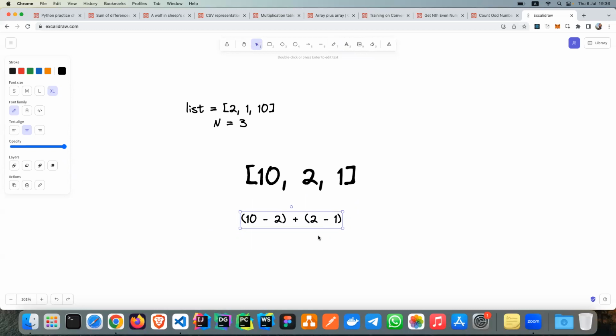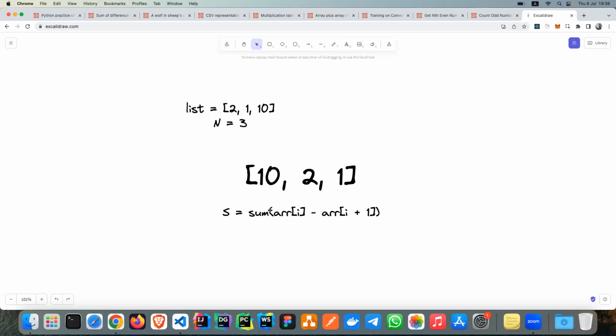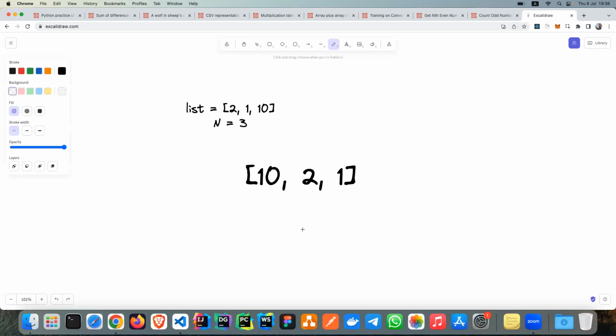The result is 9. If we want to generalize this, let's write a dummy mathematical formula. It will be the sum of array I minus array I plus 1. If we write it in mathematical notation, it will be something like this: I equals 0 and I goes to N minus 1. We just find the sum of